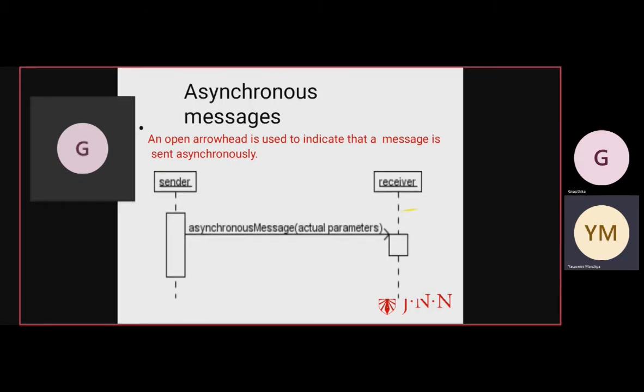In the meantime, the work is not completed. Again, another new message is passed to the waiter, called a drink order. So the waiter has not completed the food order, yet the customer provides another request. We call that an asynchronous message: without the previous message's work being completed, the next work begins. This type of condition we call asynchronous message passing.